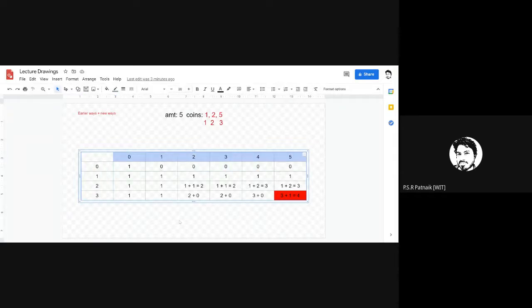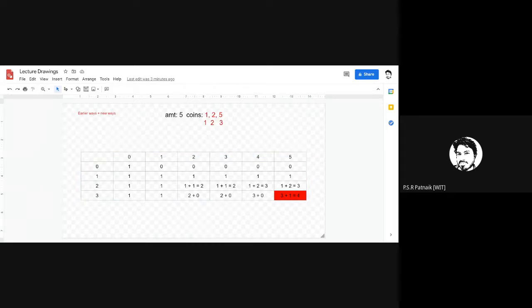Consider this as a matrix. What would be the dimension of our table? Yes, the length of coins plus 1 and amount plus 1. So that would be the size of my table.